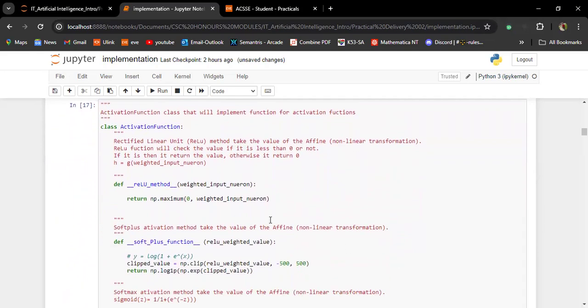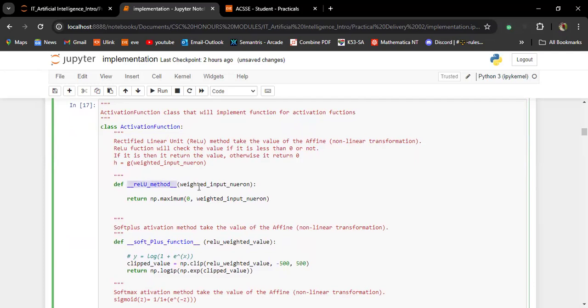And then we move on to the second class, the activation class, which implements various functions that will be used as we move through various layers of our MLP architecture.